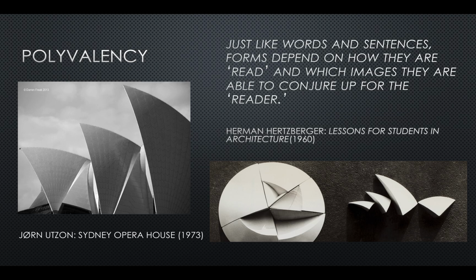And if we consider something like the Sydney Opera House, we can see that we're able to develop multiple formal readings of the Sydney Opera House. We're able to read the building as being the beautiful sails that sit on the Sydney Harbour, or we can actually perceive the form in an entirely different way. We can see the form in terms of its origins as part of a hemisphere, as what we see in the photograph on the right. But it also is connected to the way the person interacts with the building as well.